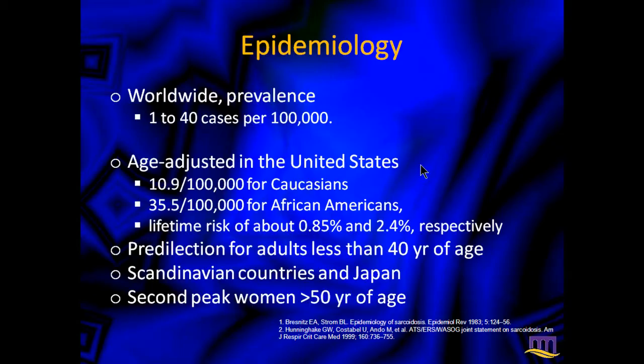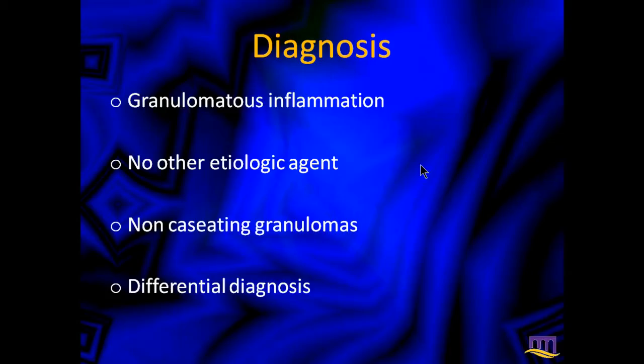So you suspect sarcoidosis, how will you go about doing the diagnosis? Obviously you have to find granulomatous inflammation by some sort of biopsy. You have to be sure there's no other etiologic agent, that these granulomas are non-caseating, and obviously go through your differential diagnosis. So this will be sort of what you'll find,